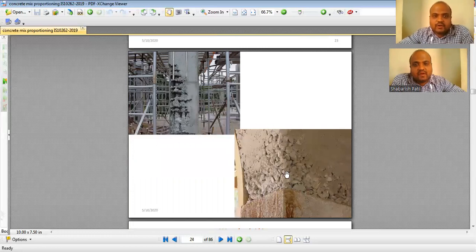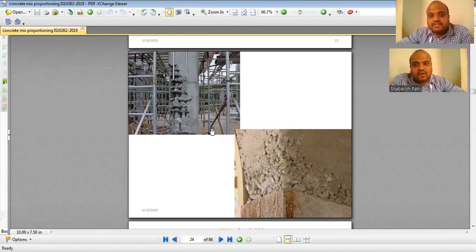Like this is a honeycombing. Here I have a heavy reinforcement, and maybe I have selected a higher grade of the aggregate here, so that has choked further passage of this concrete paste into the bottom of the column. So again, I'm ending with spaces without being occupied by the concrete. These are very bad.